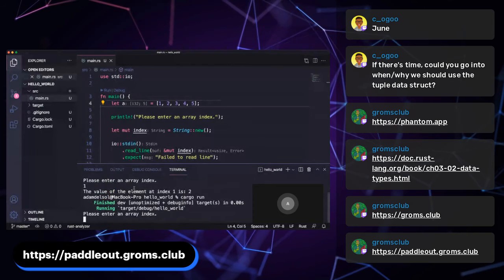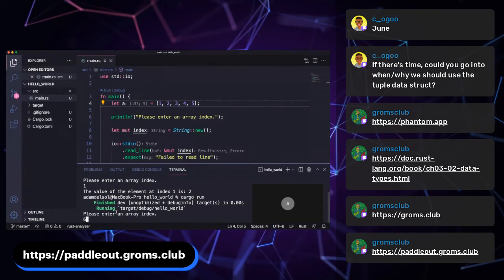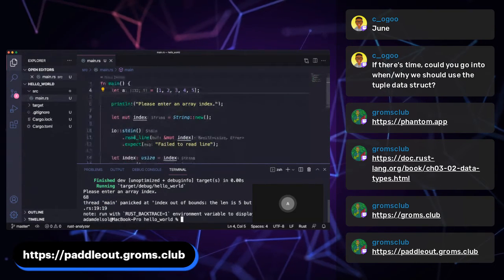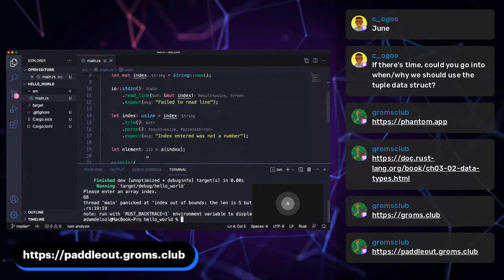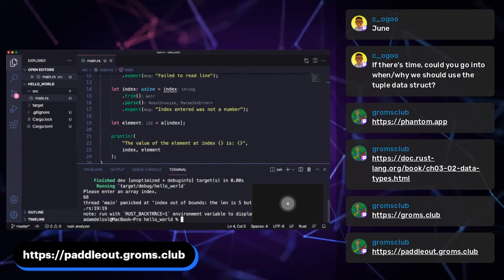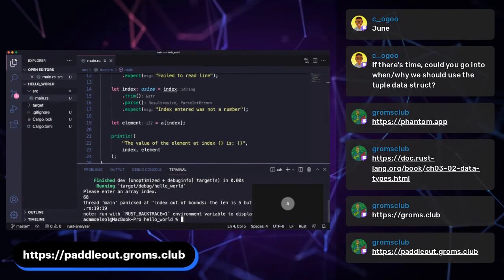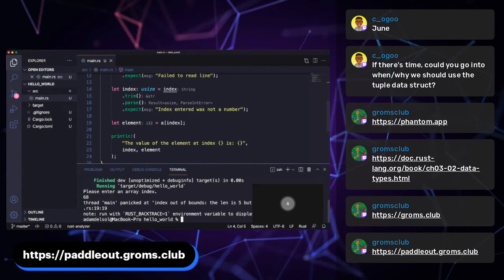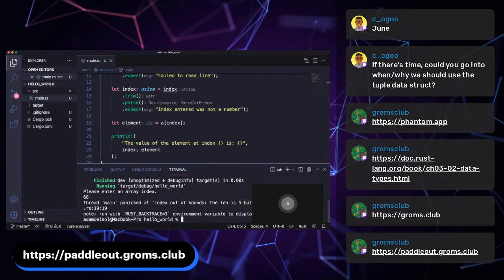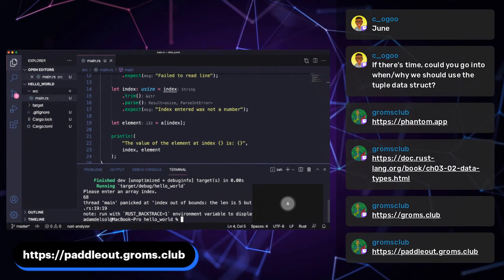But if I go in, like we've seen, if I type in 68, we get this panic. That's called a runtime error, because this error we're seeing is happening while the program is running, not while it's compiling. I'm hitting this concept of compile time and runtime a lot because if you come from an interpreted language,